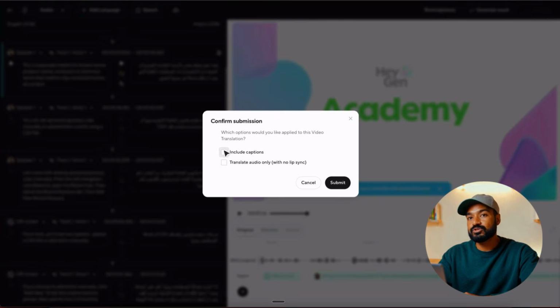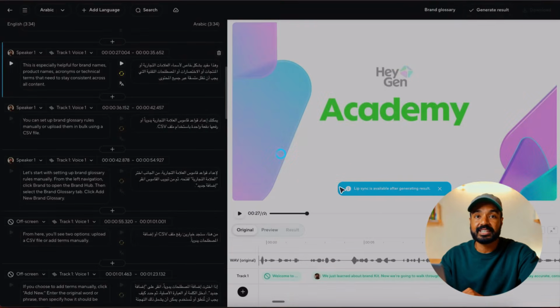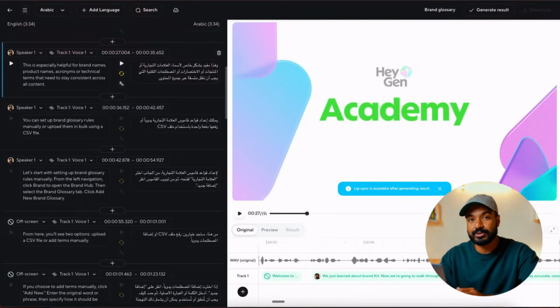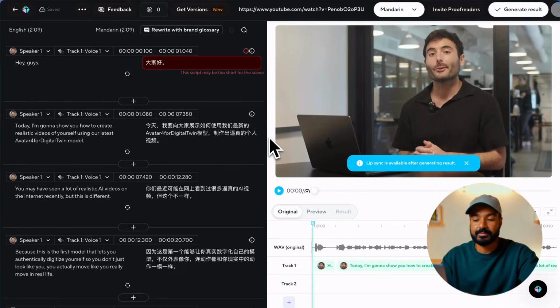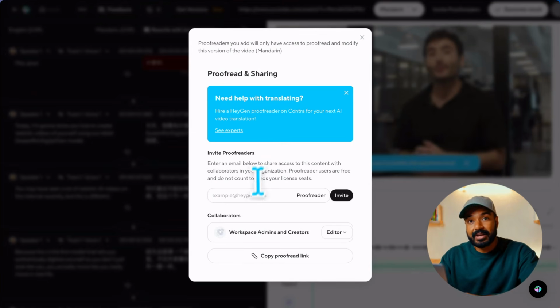When you're happy with your script and translation, click Generate Result. Before generating, you can also choose to include captions or translate audio only if you don't want lip sync enabled. If you'd like a native speaker to proofread your work, you can even hire a certified HeyGen proofreader directly through Contra.com. To grant access to your proofreader, click on the button Invite Proofreaders and add in their email or copy